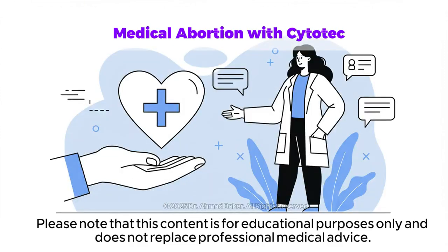Conclusion. Medical abortion is a procedure that requires specialized oversight to ensure safety and effectiveness. Your health is the priority, so don't hesitate to consult a qualified healthcare provider or ask questions. This content is provided for educational purposes only, and we encourage you to seek